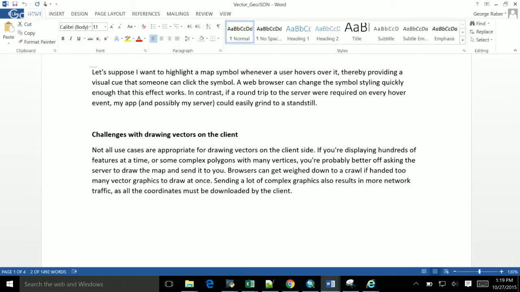So if you don't have very many features, and when I say very many, it all depends on the factors that affect internet speed, okay? That's why I'm not giving a hard number. There's no way to say if you have 1,000 features or less, you can use vector layers. If you have 1,000 features or more, don't use vector layers. Do it using a traditional map server. There's no cutoff because